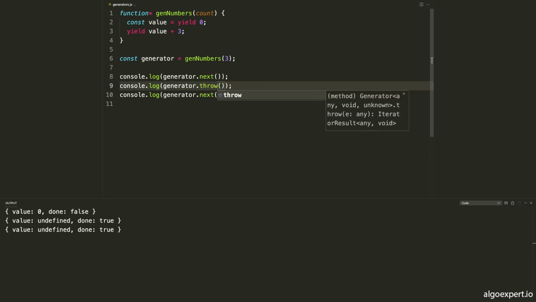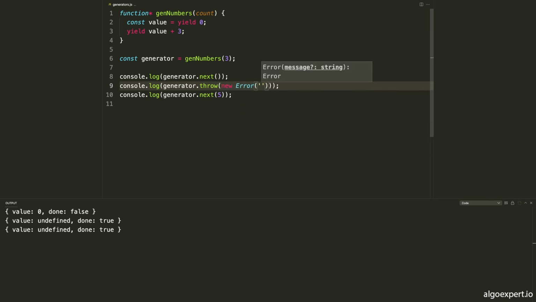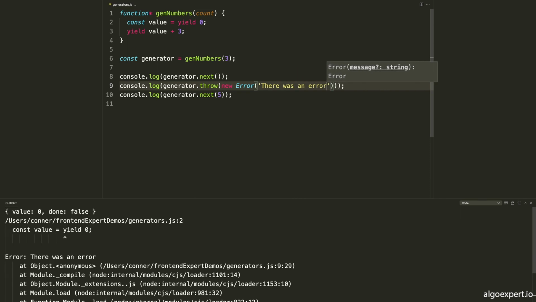And very similar to generator.return, we also have generator.throw, and this works almost the exact same way, the difference being that we pass in the error that we want to throw. So this is going to actually throw an error rather than just ending the function. So for example, we can pass in new error and say there was an error. And now when I run this, you will see we still get the value 0 because that happened before we threw the error. But then when we throw the error, we get this error message, there was an error,